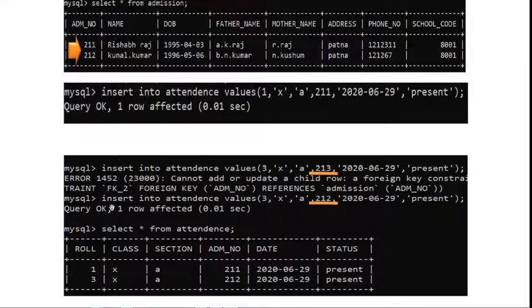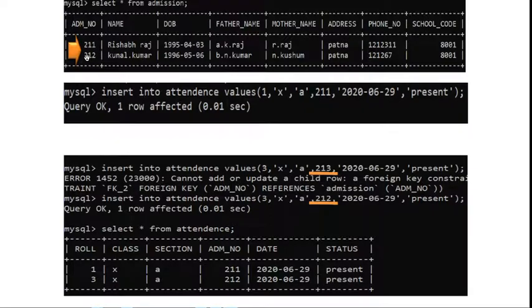Now we are storing a record with 212. Is 212 stored or not? First of all, it will check whether this value is present in the parent table or not. 212 is the foreign key value of the attendance table, and its values are derived from the primary key of the admission table.